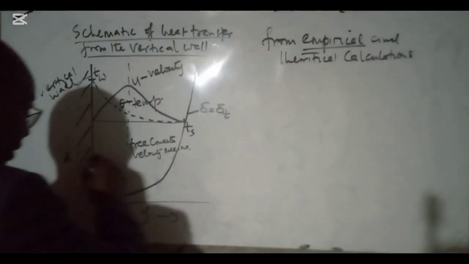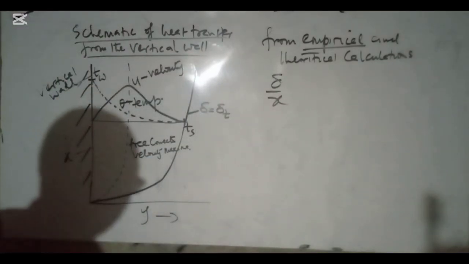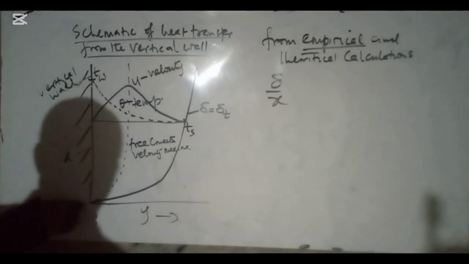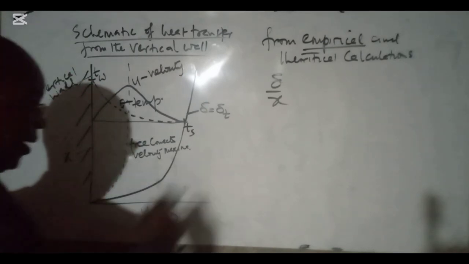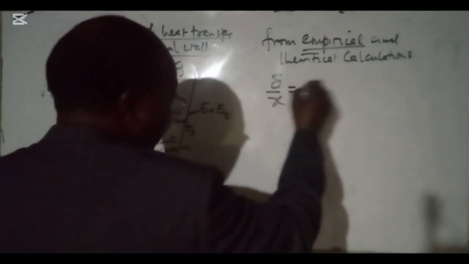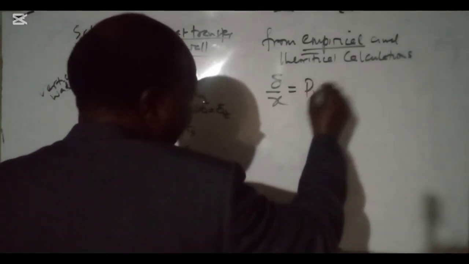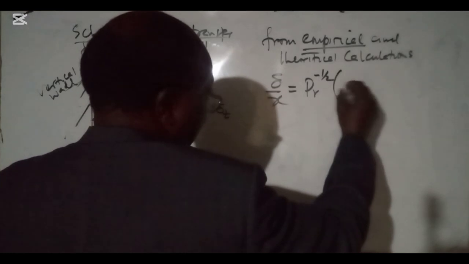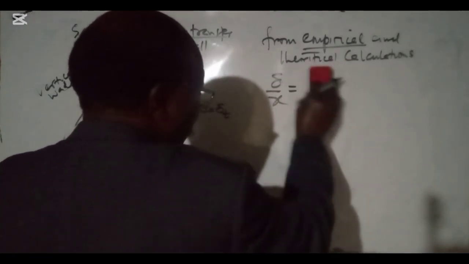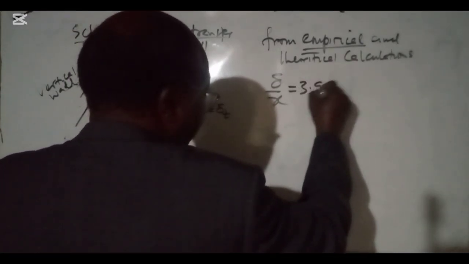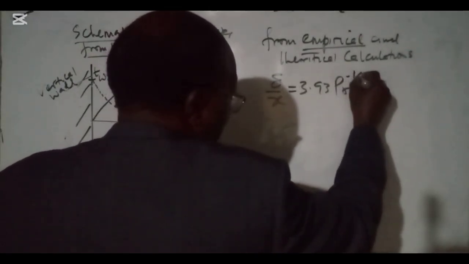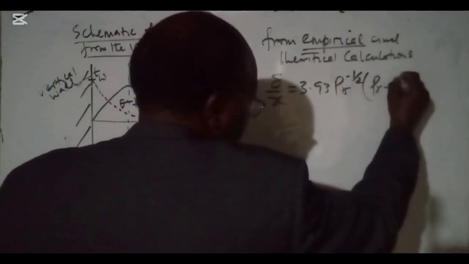It is seen that sigma over x, where x is the distance from the bottom to where we are marking our temperature, is found to be the Prandtl number multiplied by some constant, which is normally about 4, and the Prandtl number